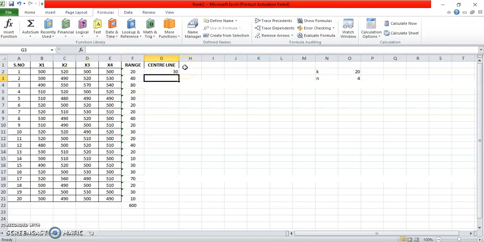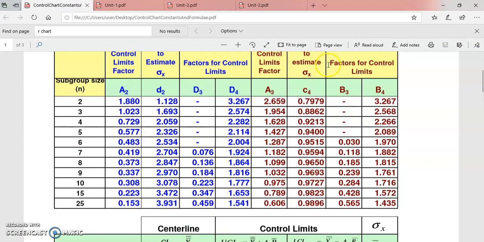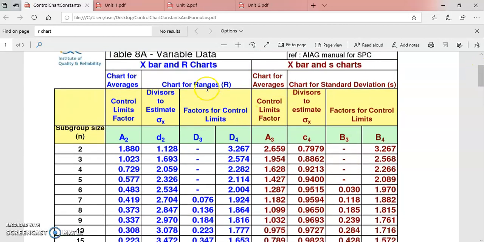Now in this range chart or R chart, just similarly as in the X bar chart, we made use of some appendix tables where we obtained values for some constants like A3, A2. Here we are also going to have the same kind of values. So here we have to take the factor values for the control limits for range. It is well given in this chart also. This is for the R range values.